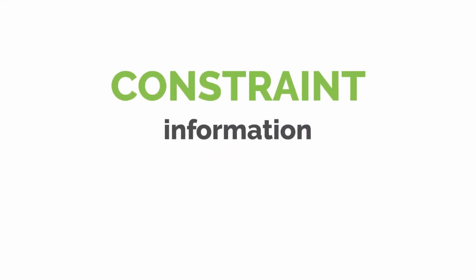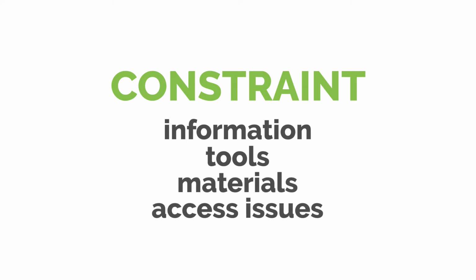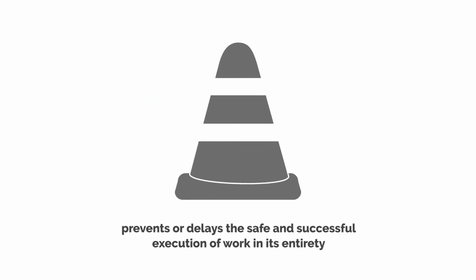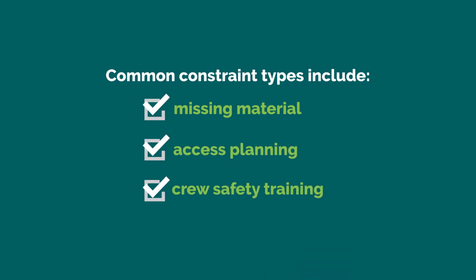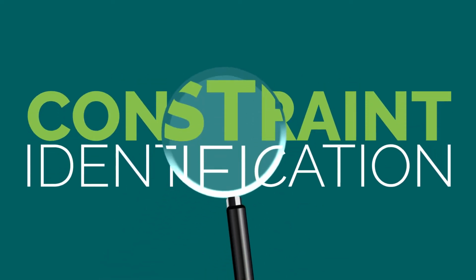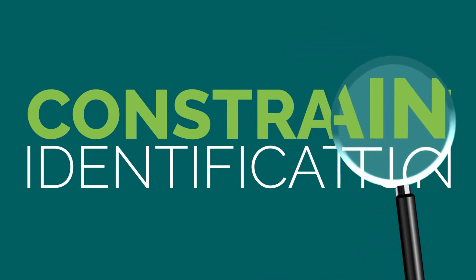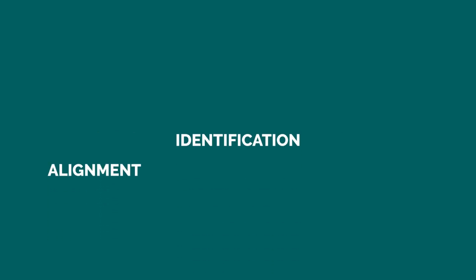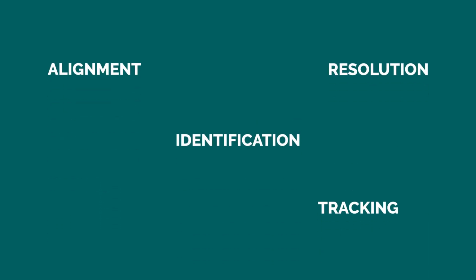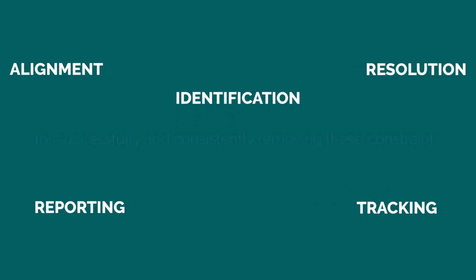According to CII, a constraint is any information, tools, materials, access issues, or otherwise that prevent or delay the safe and successful execution of work in its entirety. Common constraint types include missing material, access planning, and crew safety training. Constraint identification involves creating a list of these constraints to handle in the future. Constraint management takes this a step further, including the identification, alignment, tracking, resolution, and reporting required for successfully and consistently